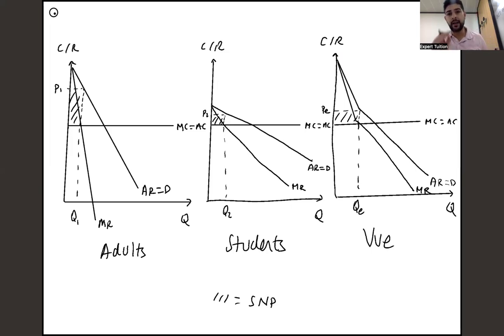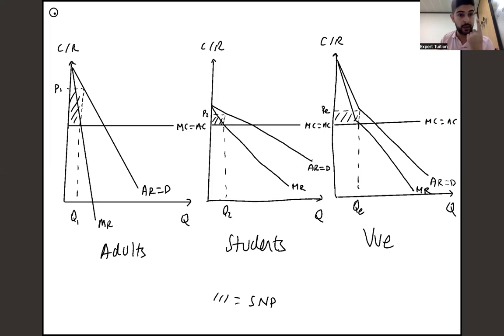Let's clarify a very common misconception about this diagram. A common misconception is that people think that 1 plus 2 equals 3. Not true. What this diagram is actually showing is that the third diagram is if they did not price discriminate, the price that the firm would charge is PE. And therefore, by price discriminating and charging a higher price for the adults and a lower price for the students, what they end up generating in revenue exceeds, and therefore profit exceeds, how much they would gain if they just